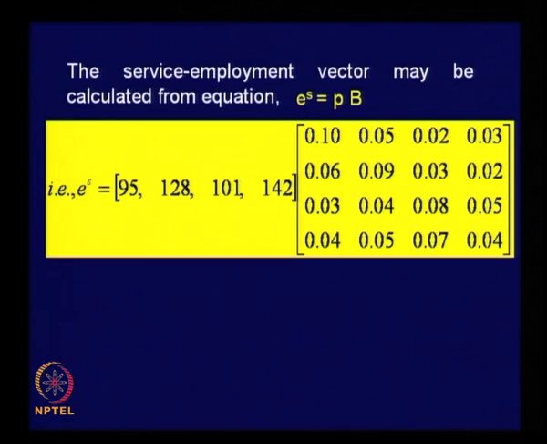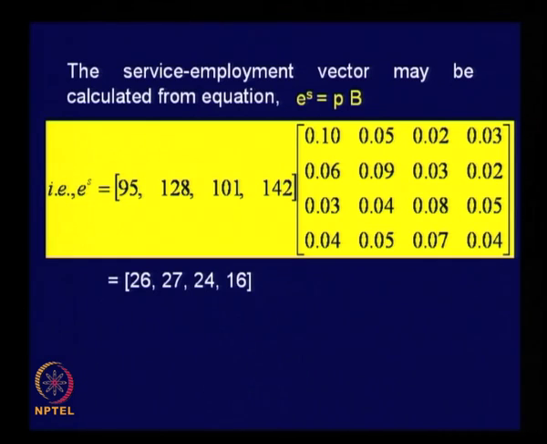Again we will get 1 by 4 matrix. 26, 27, 24 and 16. So, these are the number of service employments that will be located in each of these traffic zones,